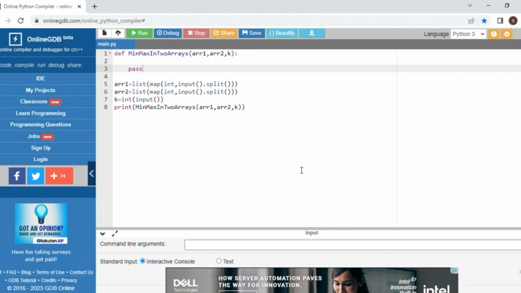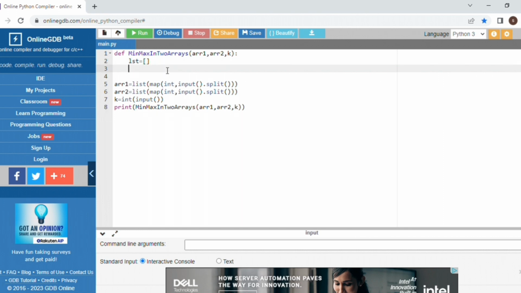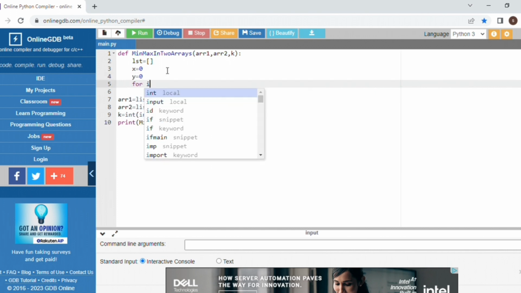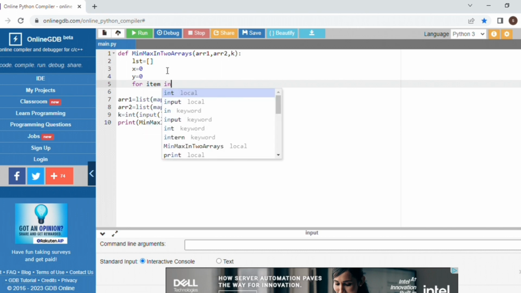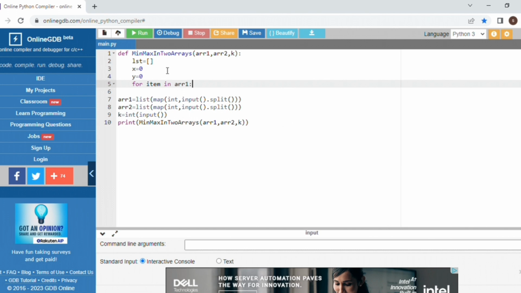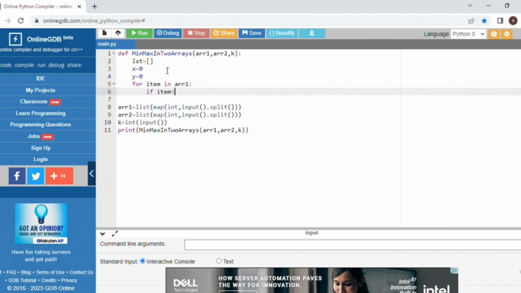Here I am initially removing the pass statement, and then I take a list lst, and I consider x equals 0 as well as y equals 0, because I will store the count of elements greater than k in x and the count of elements less than k in y. I am using a for loop to check how many elements are greater than k and less than k in array 1 and array 2 respectively.